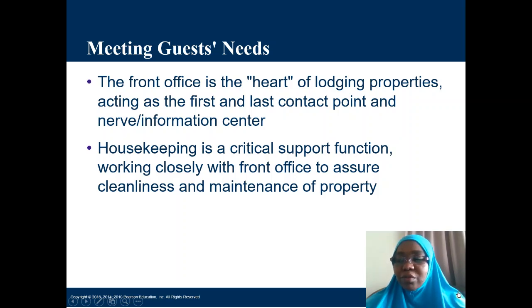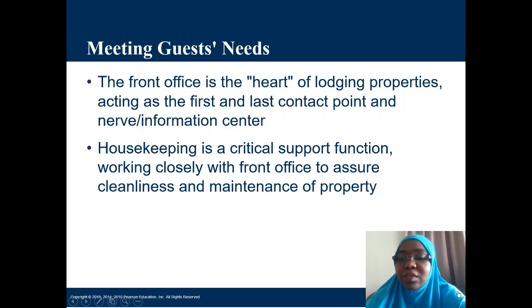We are all aware of the general saying that the first impression lasts longer. The first impression may be when you get to the front desk. At times it could be right from the gate, the way the security approaches you. But if not at that stage, definitely at the reception area. This is where you meet those that will attend to you first. So this office is regarded as the heart of the lodging properties, as this is where you get the information, everything you want to know about the hotel or the lodging facility.